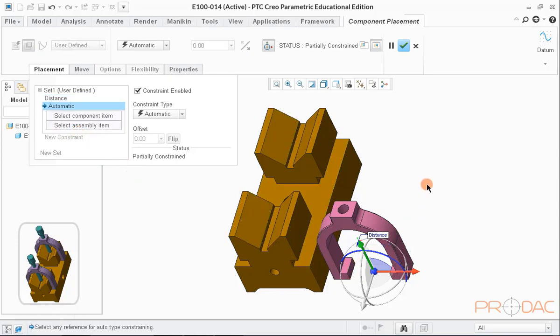Now, click on the New Constraint option to add another constraint. From the picture at the bottom left corner, we can see that the plane running through the center of top hole in purple part must be coincident with the plane running through the center of slot in assembly component.